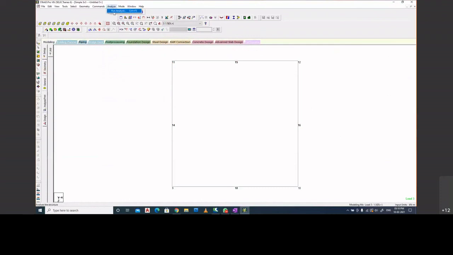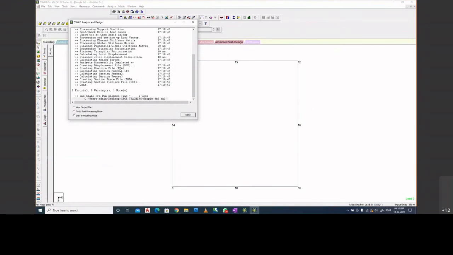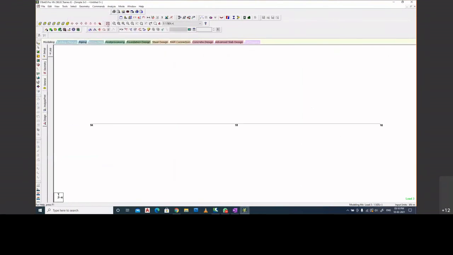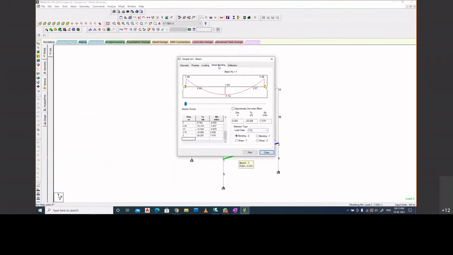If someone is interested, for them I can just very quickly show the values of the bending moment and shear force for plinth beams and floor beams, so that you can re-verify it at your end manually. Okay, so let me select this beam number 1 and double click it. Come to the shear force and bending moment diagram, select the ultimate case, 1.5 times dead load plus live load.